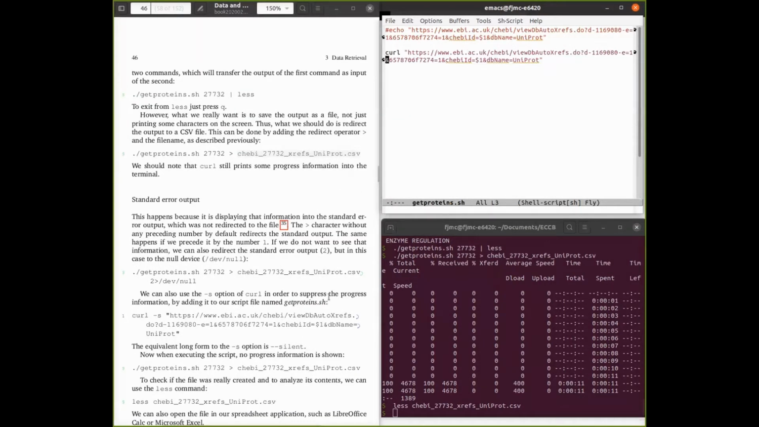So now this is already a useful script. We give a chemical compound identifier, and it returns my list of proteins to a file. The problem is it displays some information, as you see here, about the download time, upload, total spent, and so on. So why does this appear on my screen and not in the file, since I said to redirect all the results to the file? Because